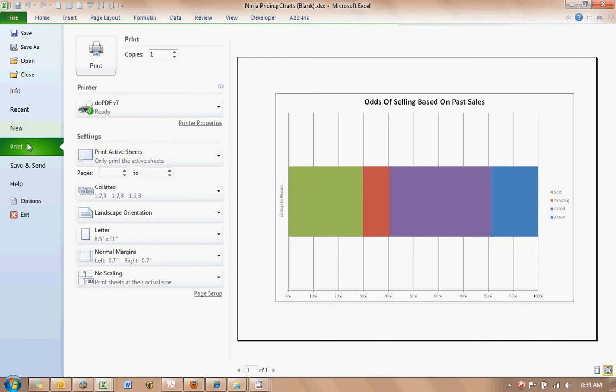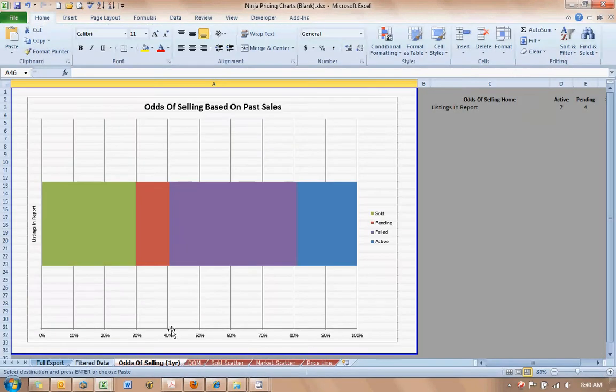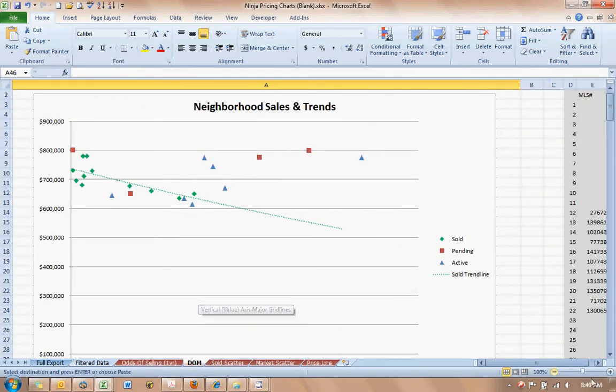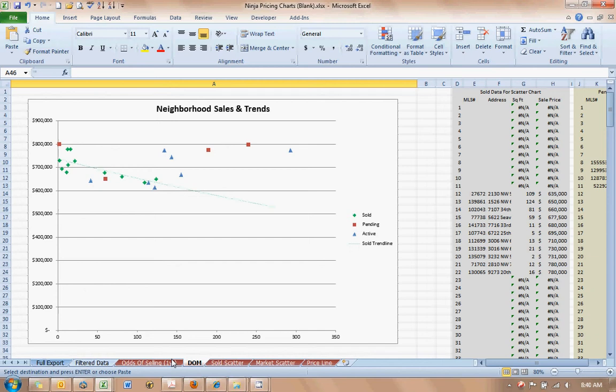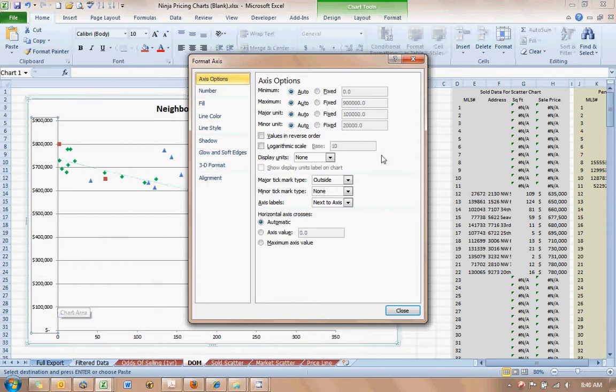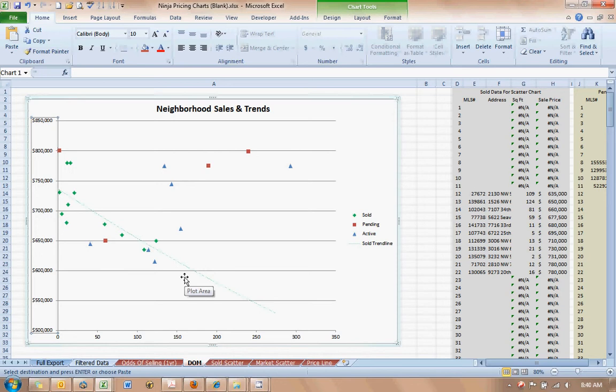But let's assume that when we get out to days on market here, you might want to change the axis a little bit to be more relevant to what you want. So what you want to do here is click on the axis and go to Format Axis, and then you might want to change the minimum. In this case, we'll go from an auto minimum of 0 to maybe a fixed minimum of 500,000. And that'll give us a chart that's just a little bit more relevant here,